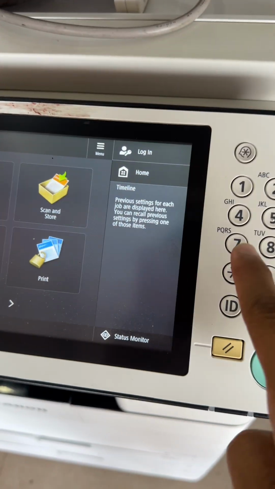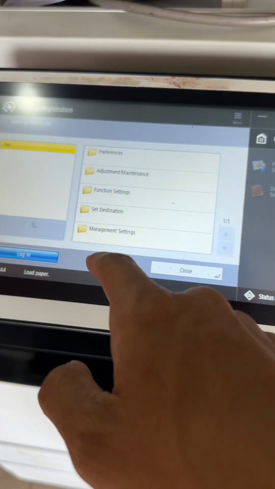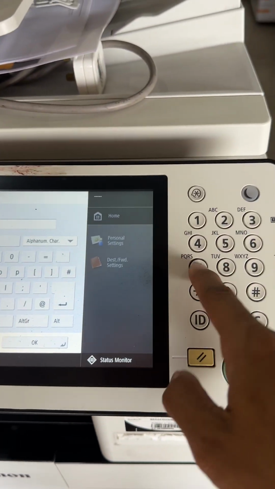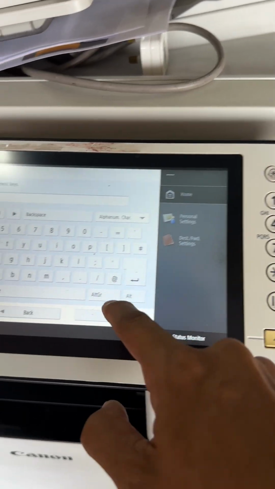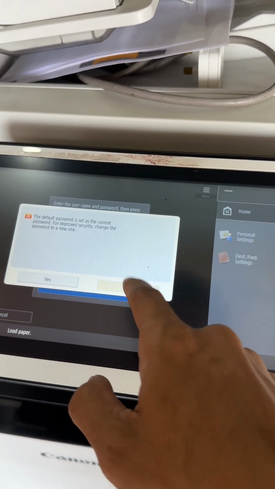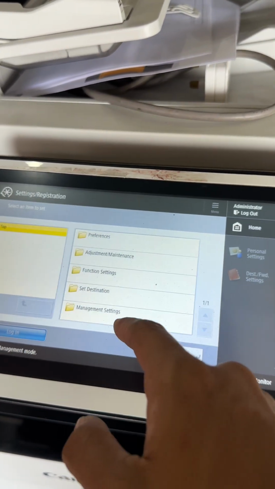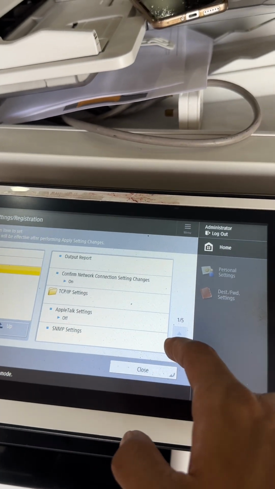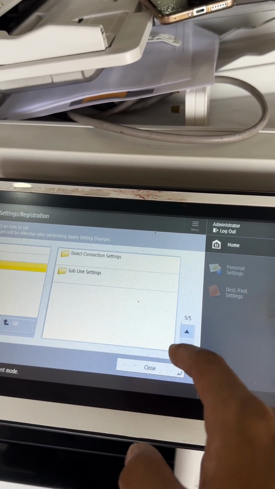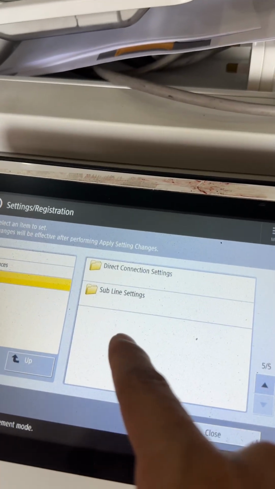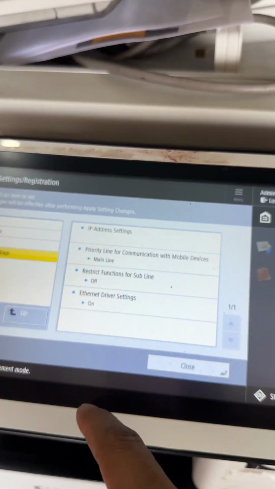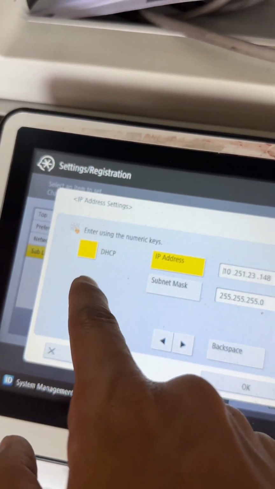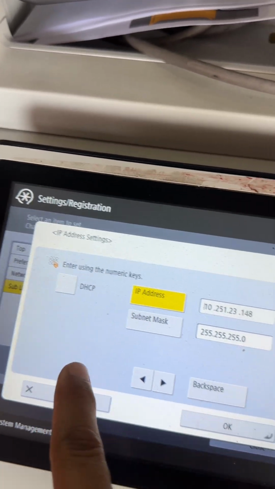And you can check the machine. You can check pre-brand network and go down to see the sub line setting, and you go to check this IP and you tick it off.